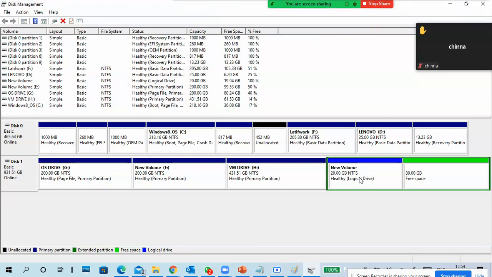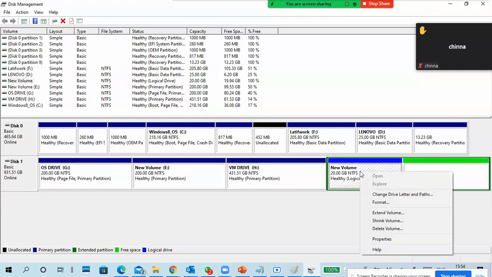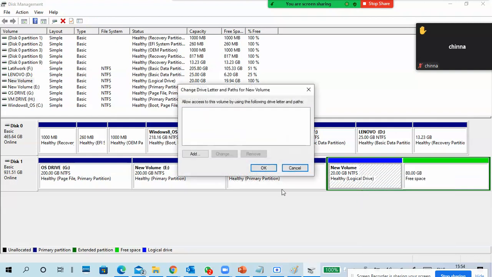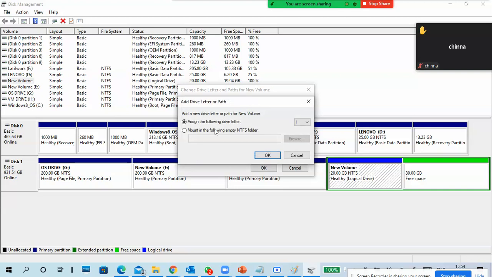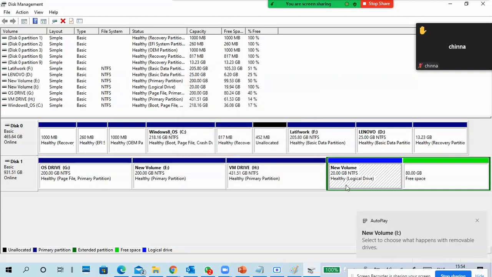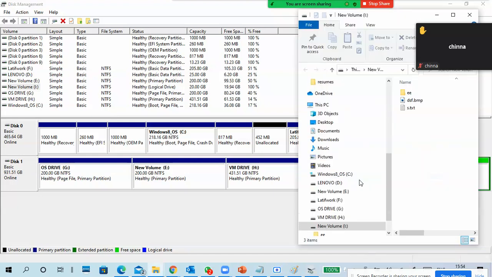Understand, guys, the link between a folder and a volume. You put data in the folder and you can access the data from the folder, but actually the data is stored in the drive. If you want, you can also assign a drive letter. Now the drive is assigned, so you can see and open it.